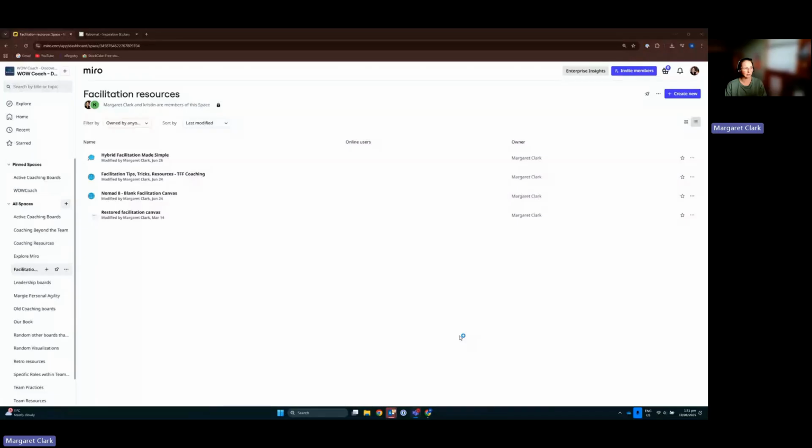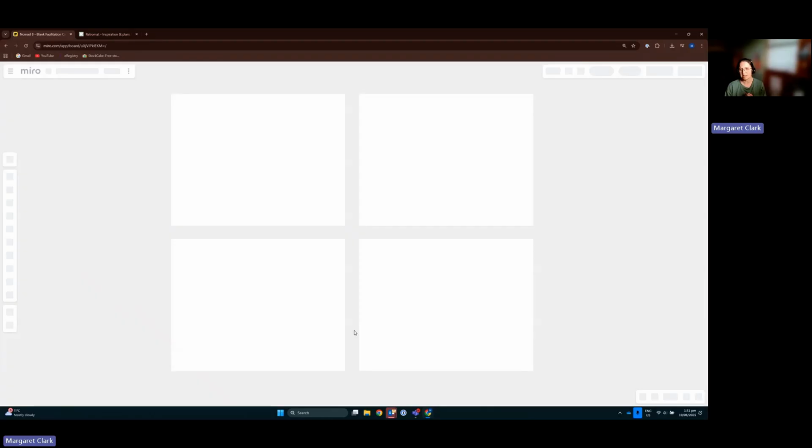I have so many boards that I have created and collected over the years and over my time. Facilitation tips and tricks, I've got blank facilitation canvases. This is probably one of the tools that I use a lot of. So if I'm going to be facilitating something for a team, I will go and fill in one of these